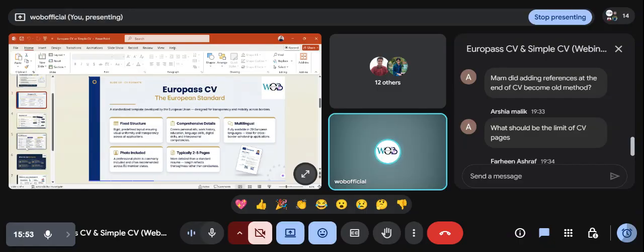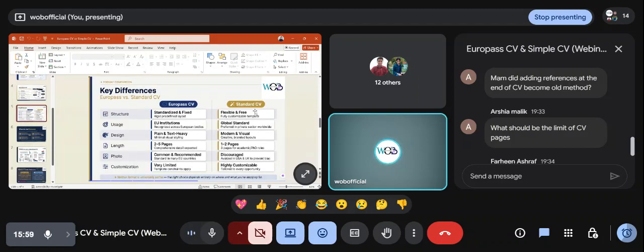It's a little bit about the Europass CV. It has a fixed structure. The main difference between the two is that the standard CV can be flexible and free. Most students, and even people applying for a job, can use multiple colors and different kinds of things, and even put their selfies, which is not a requirement for the Europass CV. The Europass is for European countries, and the standard CV is a global standard for several countries.